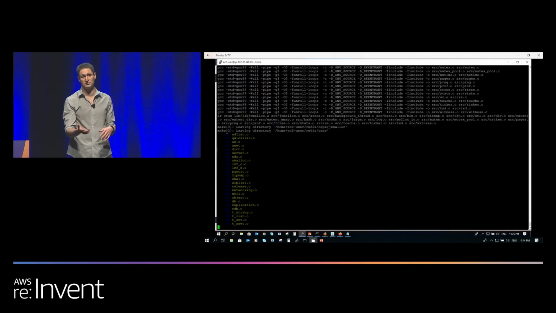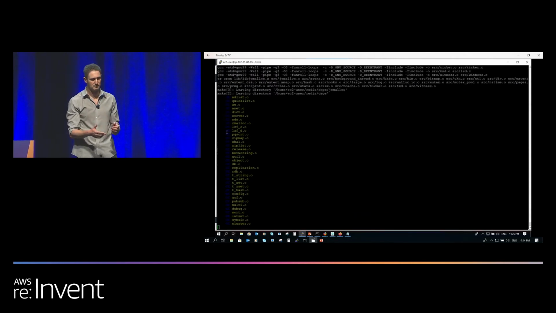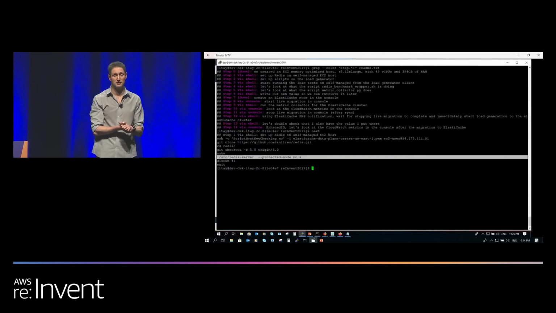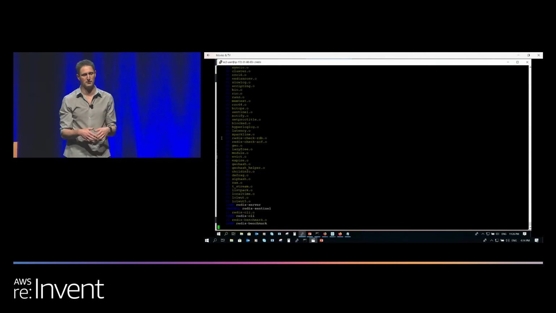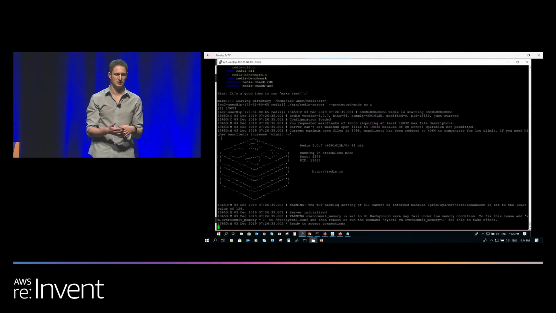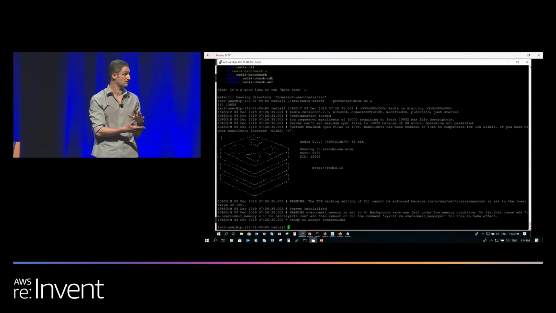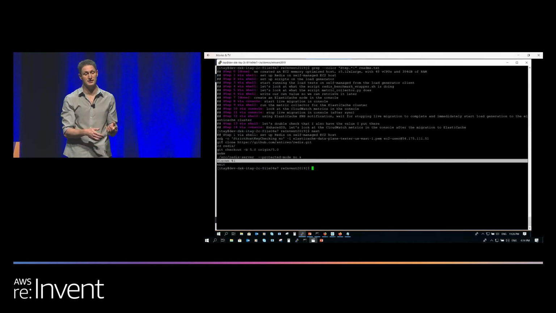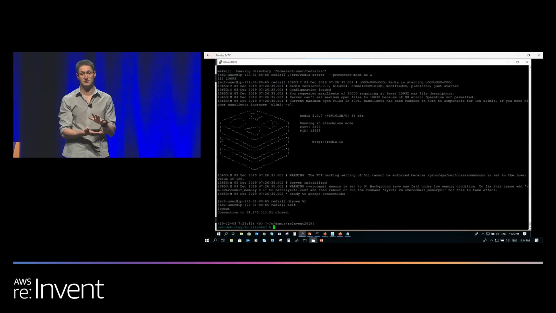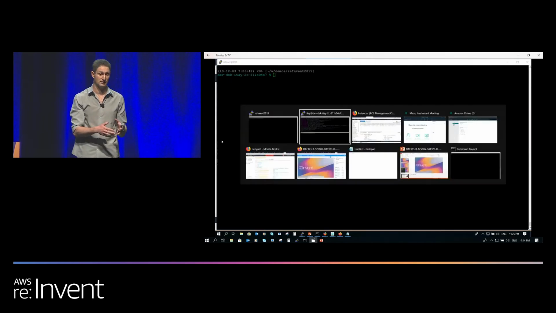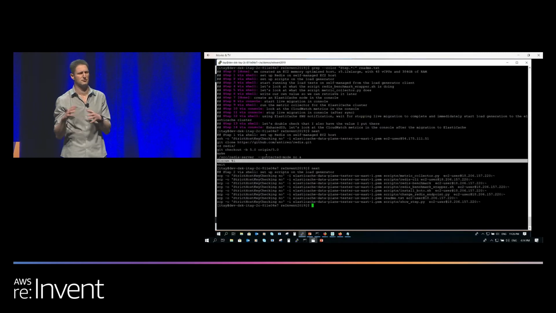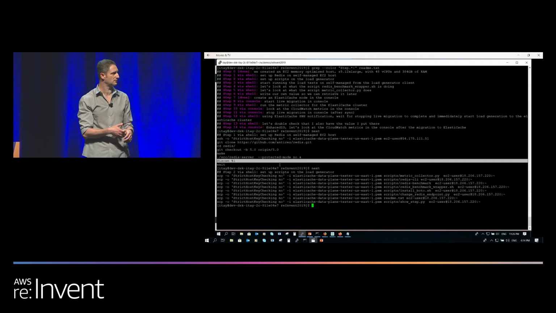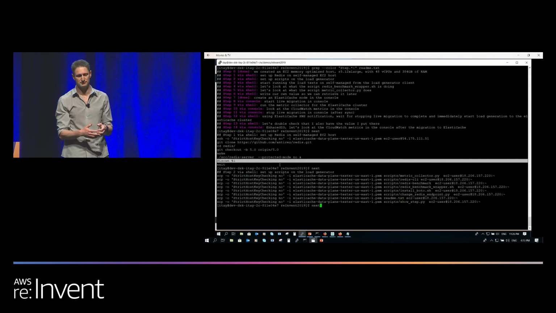So the compilation will finish in about 10 seconds, and then I'm going to start the Redis server. Once I start the Redis server, you might be familiar with this if you're familiar with Redis. This is how it looks when it starts. And then we're going to exit this host and use only the client side. So the next step is that I'm going to copy a bunch of scripts. I already copied them ahead of time, so I'm going to skip that. I will tell you what those scripts are doing further on in the demonstration.